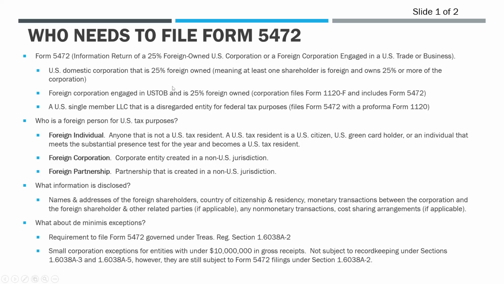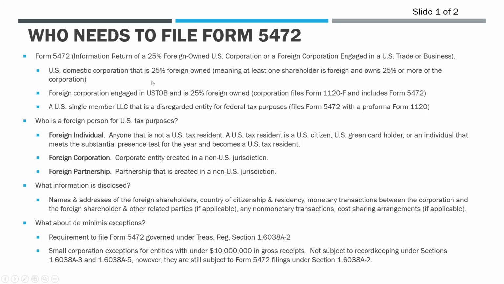And by 25% foreign ownership, what we mean is at least one shareholder is a foreign person or entity, and they own 25% or more of the corporation. This can be kind of misleading because a lot of people will think, well, what if you have 100 shareholders and each person owns 1% and they're all foreign? That's more than 25%, right? Well, no, right? Because you need to have a single person or a single corporation that owns at least 25%